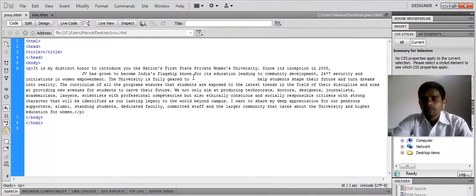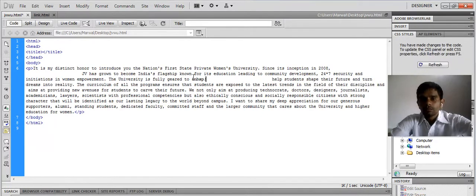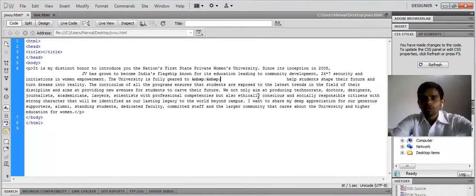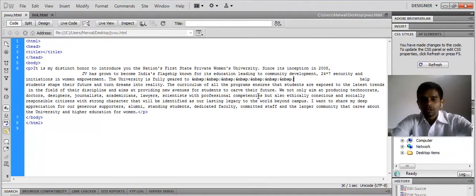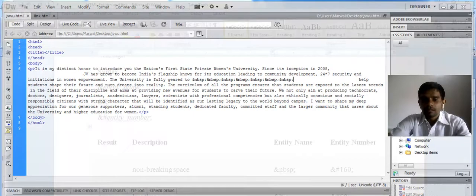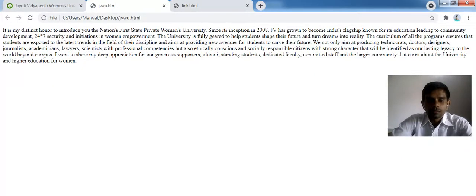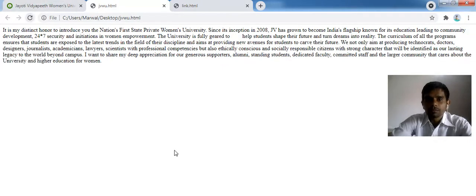If I write it between them 2 times, 3 times, 5 times as per our requirement, then Control plus S and refresh my page, I can see the space is available by using ampersand NBSP terminator entity name.